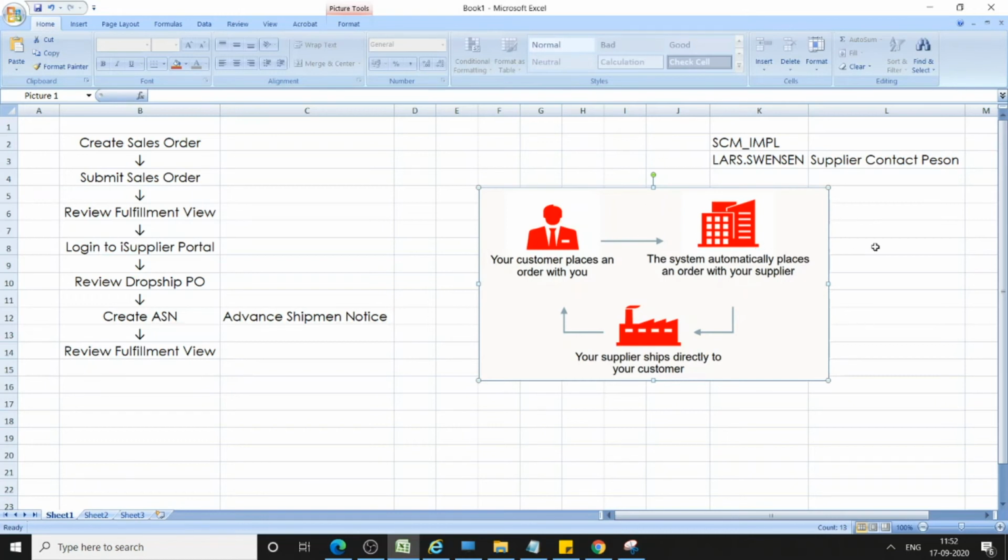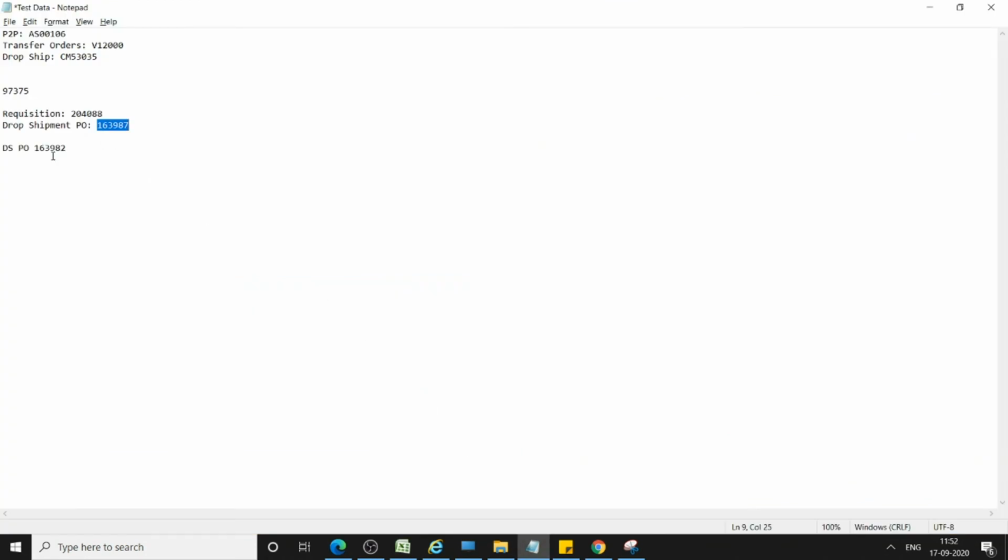If you have not created a blanket purchase agreement, then since we have a requisition created, you can open that requisition and auto create a purchase order against this particular requisition.